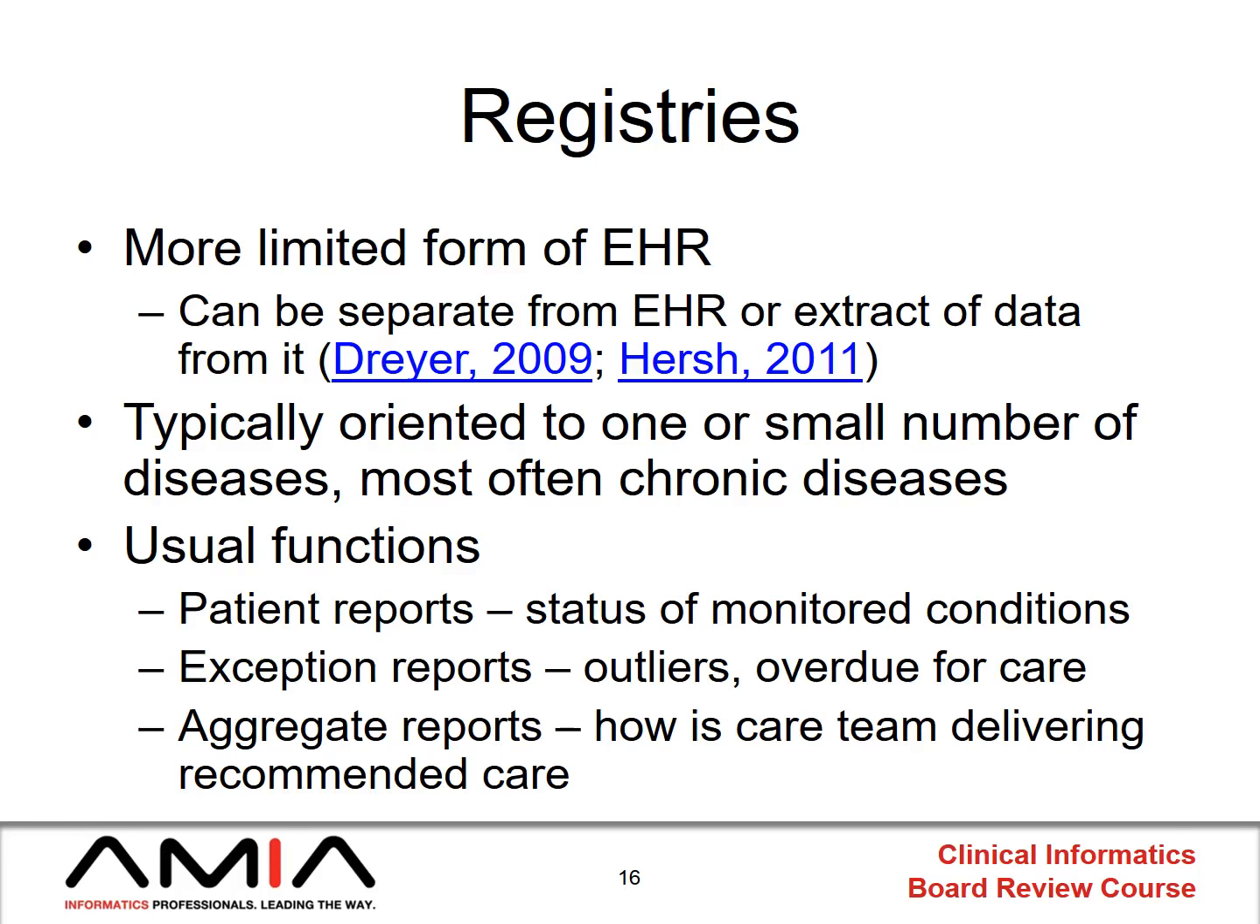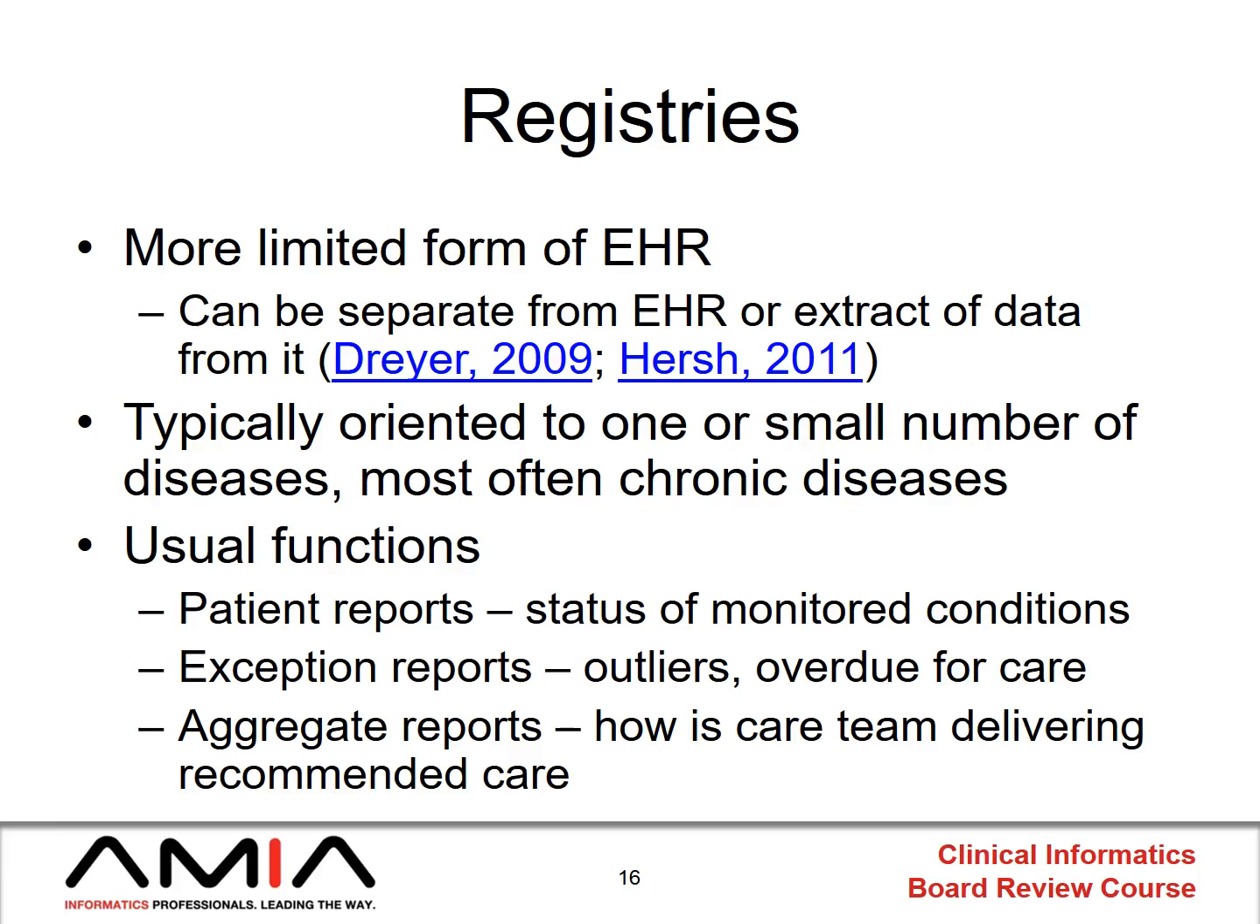Another important type of information system in healthcare is registries. Registries can be thought of as a more limited form of an EHR. It can be a completely separate system from the EHR, or it can be an extract of data that is periodically refreshed. Registries are typically focused in what they cover. They are typically oriented to one or a small number of diseases, most often chronic diseases, and they're used for